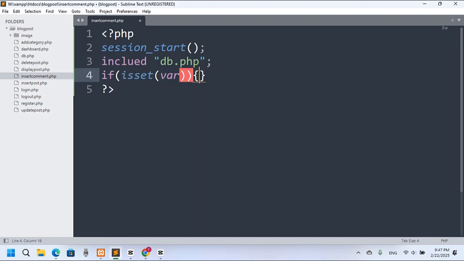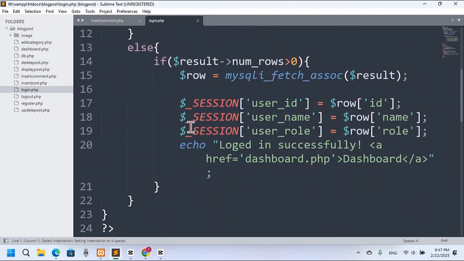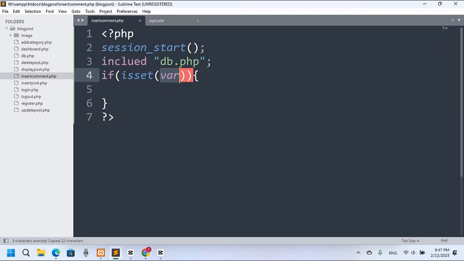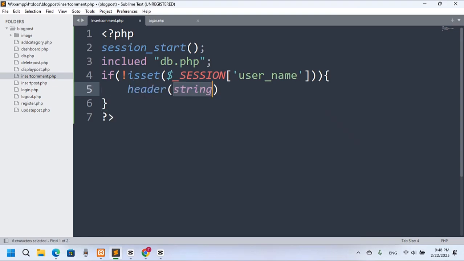So this is the function, and here we actually want to access the variable from the login page. So I will go to the login.php, and here you can see we have set session username, right? So I want to copy it, and I want to check here that if is set username, then it will enter this clause. Or I can say here if not, I will say that header function, and I will set location to the dashboard.php. Okay,